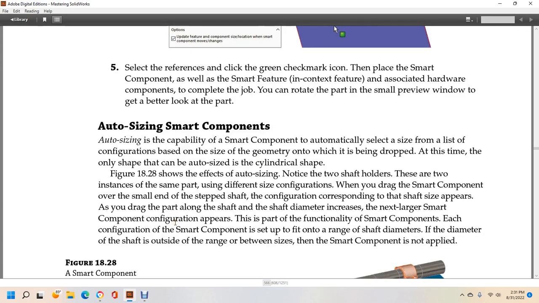Auto sizing smart components. The auto sizing capability of a smart component automatically selects the size from a list of configurations based on the size of the geometry on which it is being dropped. At this time, the only shape that can be auto sized is a cylindrical feature. Figure 8-28 shows the effect of auto sizing. Notice the two shaft holders, with two ends of the same part with